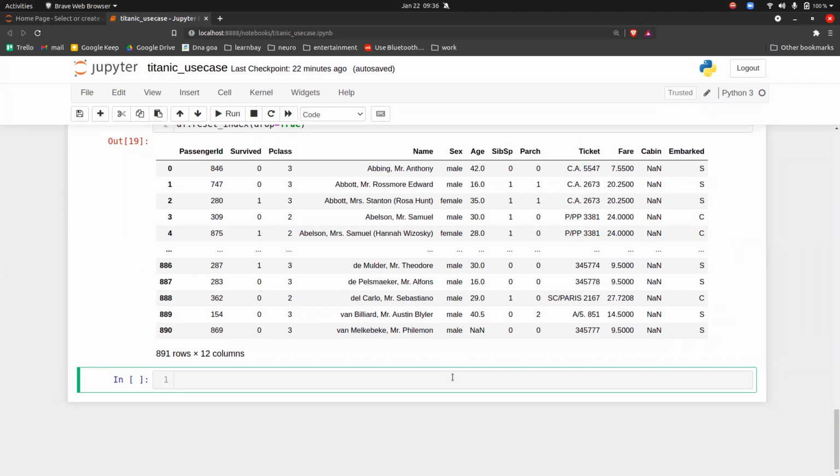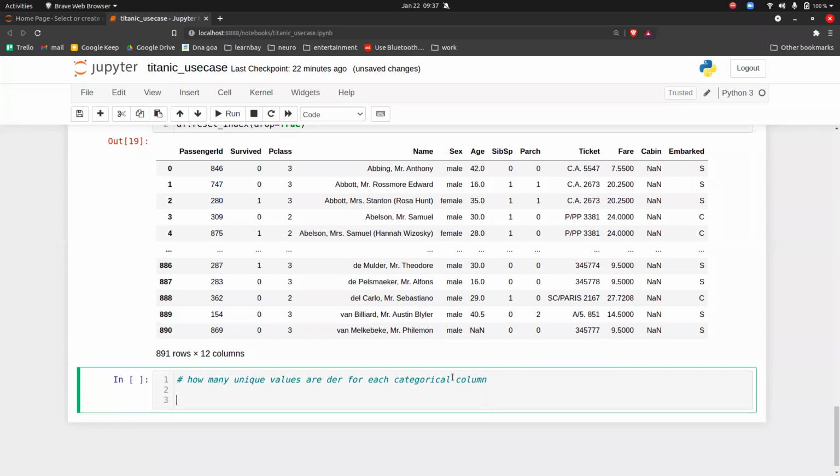The first thing is how many unique values are there for each categorical column. So the first thing that we have to identify is which are the categorical columns.